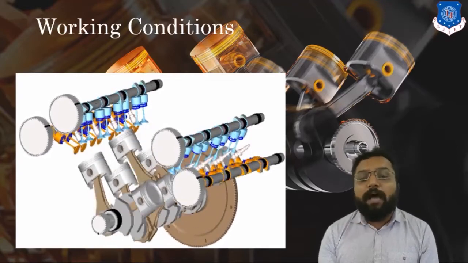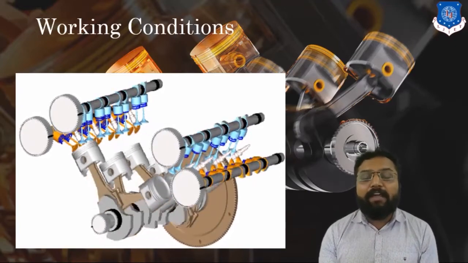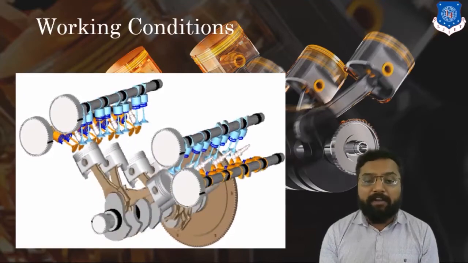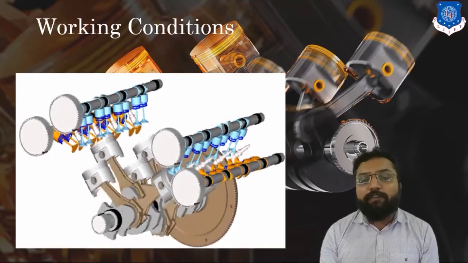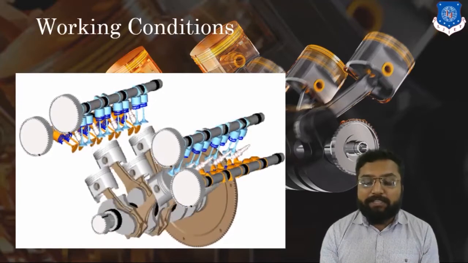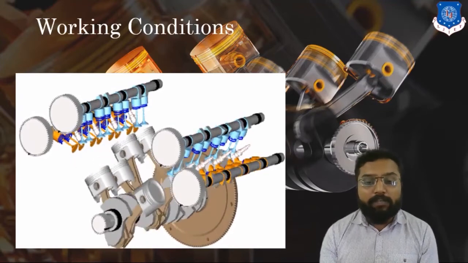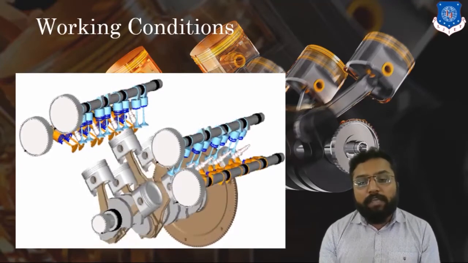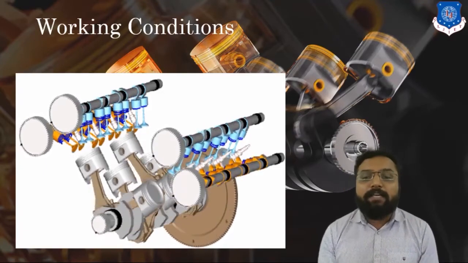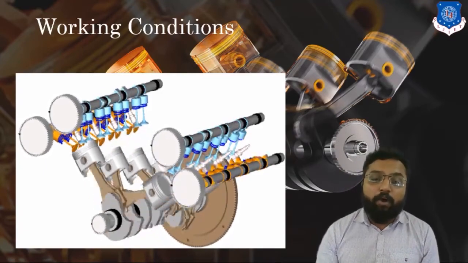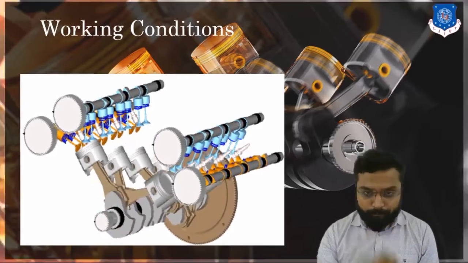The design of the outlet valve will mainly depend on its temperature, and it will always be a ceramic material compared to the inlet valve. The inlet valve should have sufficient strength against wear and tear, so the material should be selected depending on these wear and tear properties. So here we have considered the different working conditions, which should be considered depending on temperature and chemical composition.